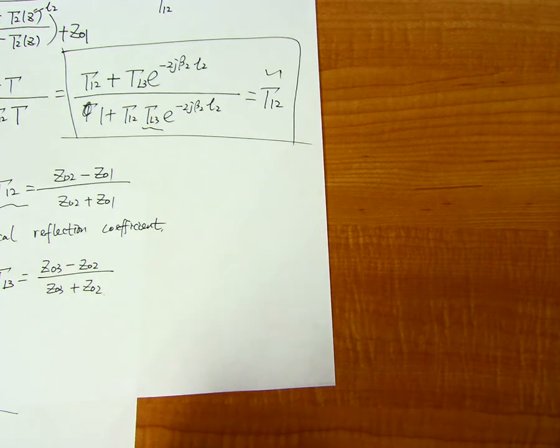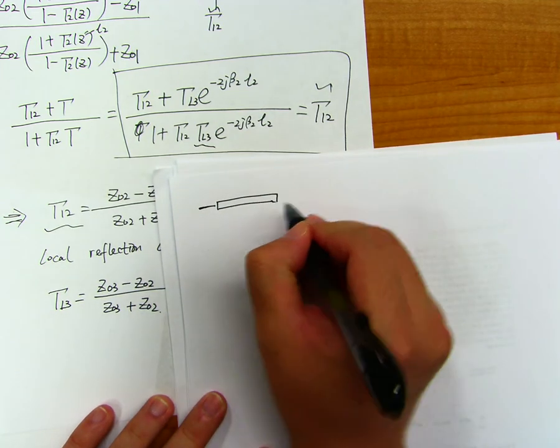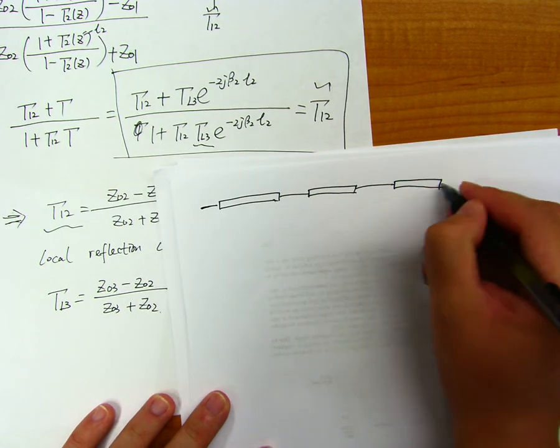For example, if you have a transmission line with 3 sections and a load here,